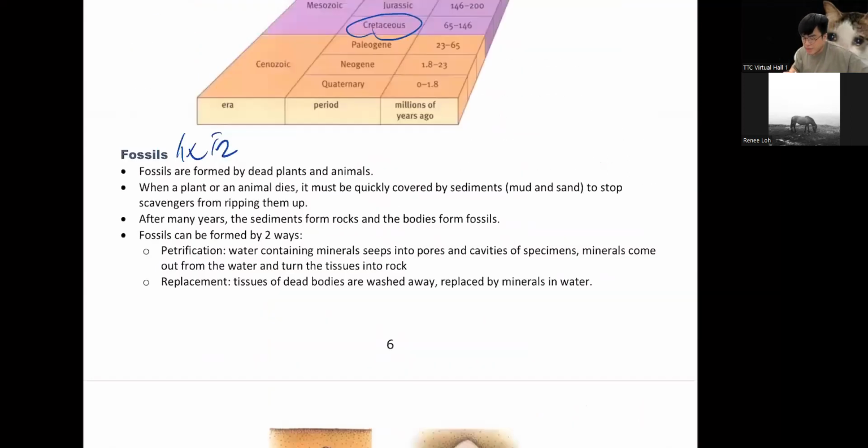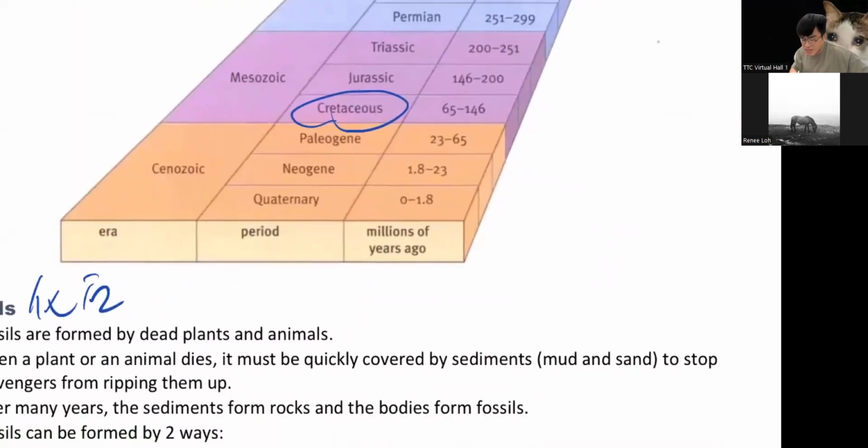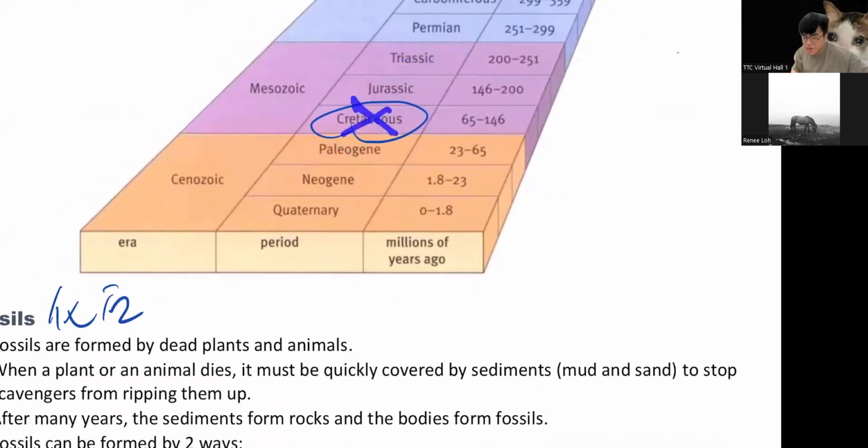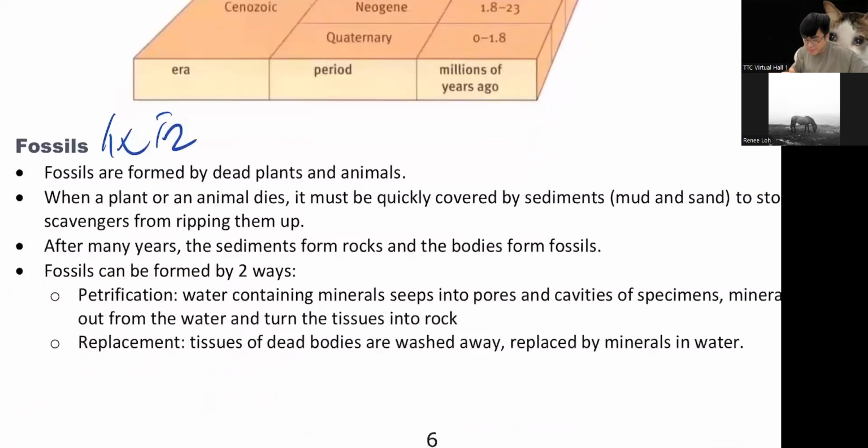Okay, what does it mean? That means let's say 我在 Cretaceous 找到 T-Rex. If I find T-Rex here, I don't find T-Rex here, I don't find T-Rex here, that means T-Rex only existed here. Okay, same goes to the Stegosaurus. Stegosaurus existed here. They did not find Stegosaurus fossil in the Triassic. They did not find Stegosaurus fossil in the Cretaceous. So that means Stegosaurus only existed for one era, one period.